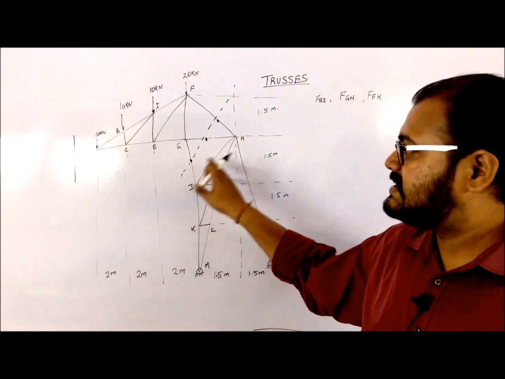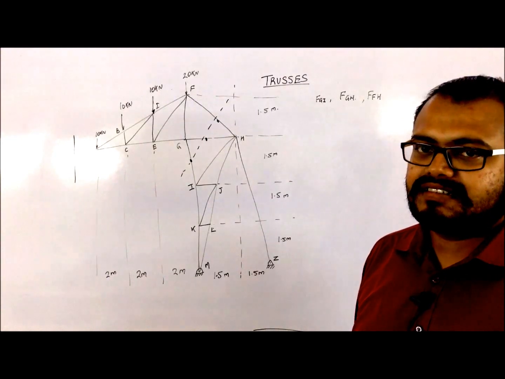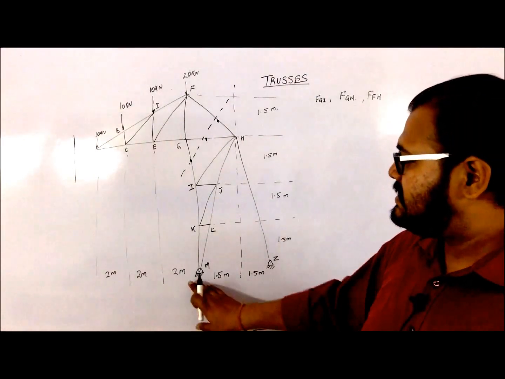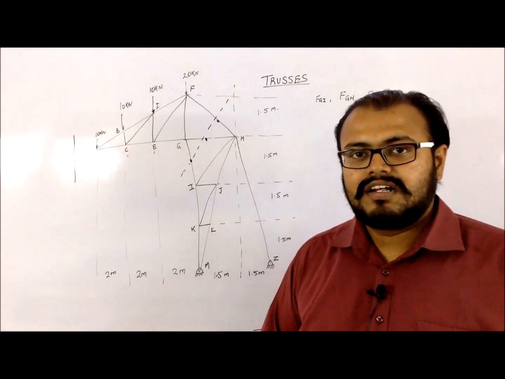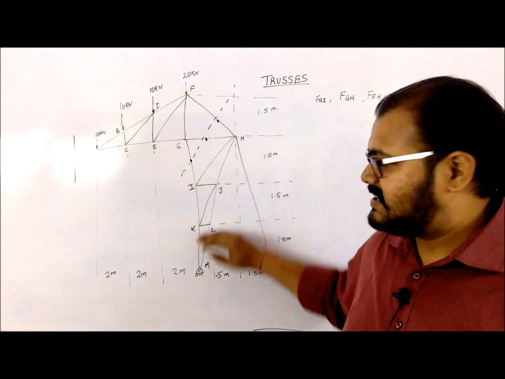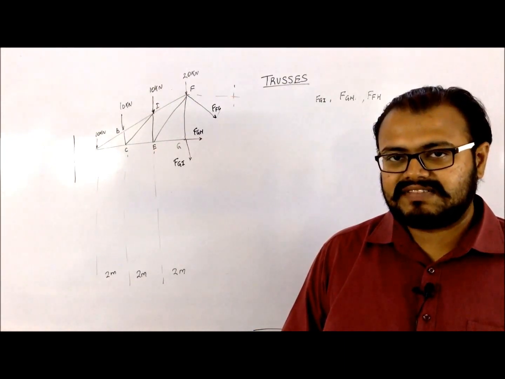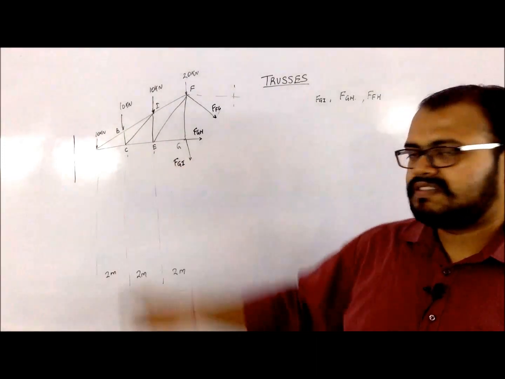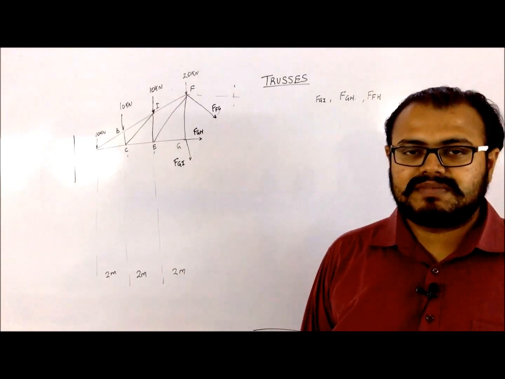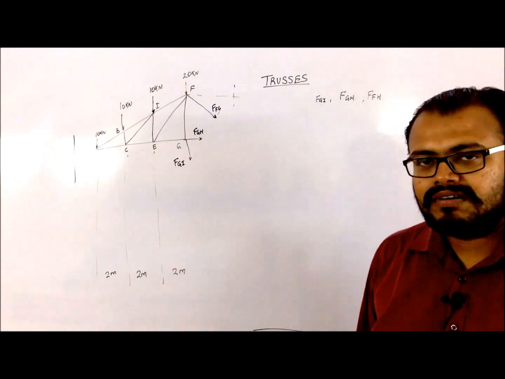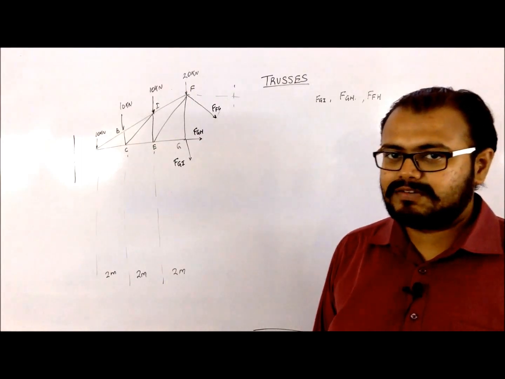Once you have taken the section, you have to decide which part of the section to take. From here you can see that this part has the reaction forces which would have to be determined. To avoid that calculation, I can just ignore this part and concentrate on this one. So now we have selected the section and the part of the section to be taken. I have also represented the forces which are to be calculated.